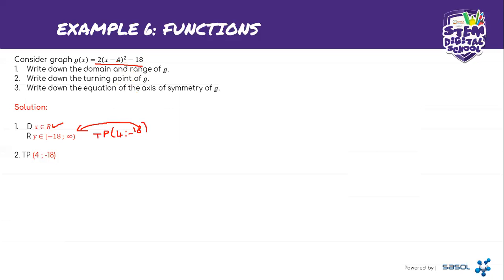You can see this -4. If you take it to the point, it's going to be +4. And as for -18, you take it as it is, and it's going to act as y on the turning point, which is -18. So that's how you should determine the turning point of the parabola graph. And the last